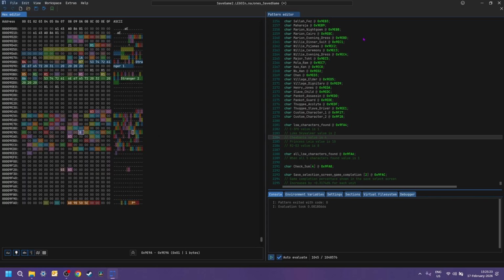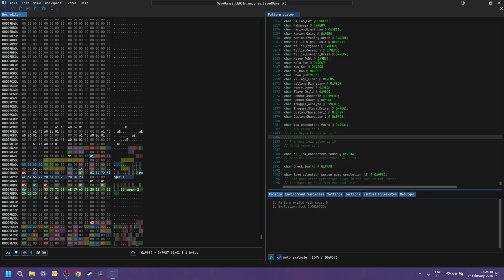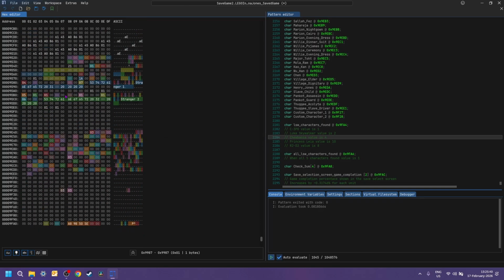Let's do Fedora, and then let's just open up, oh yeah, there's also Legacy Stud Meter. Let's also open up the Last Crusade there, and then just give that stud amount.